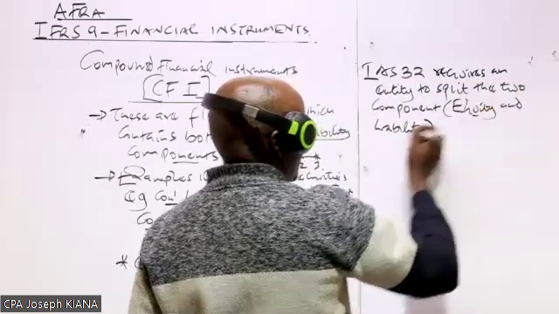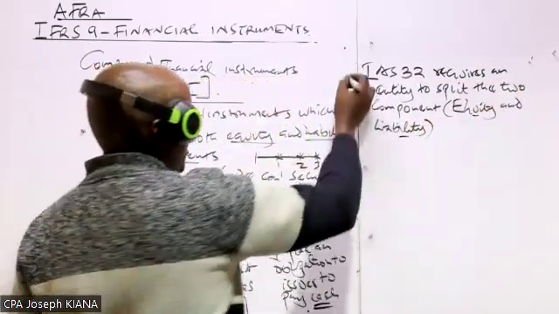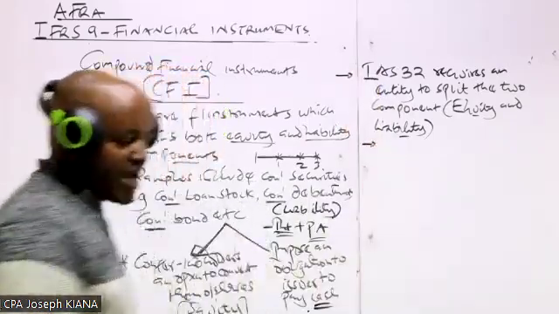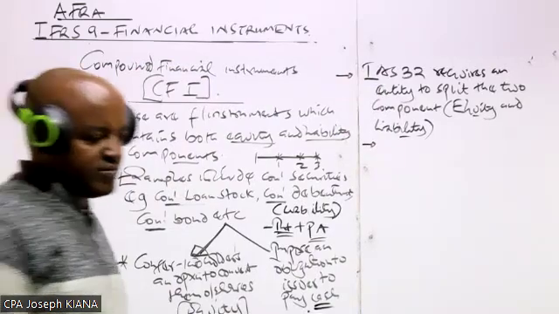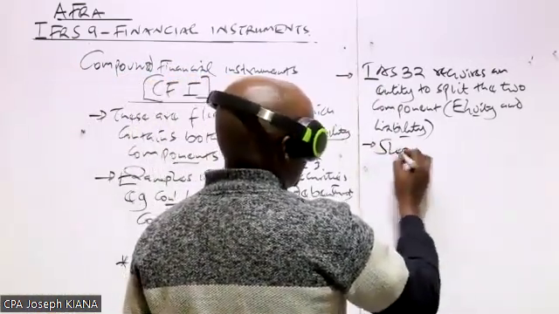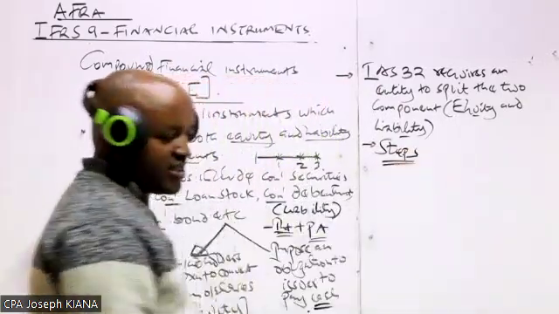Equity and liability component. The company should split these two components. So how should this split be done? How should the company split the equity and liability component? There are two steps which are followed by an entity splitting the two